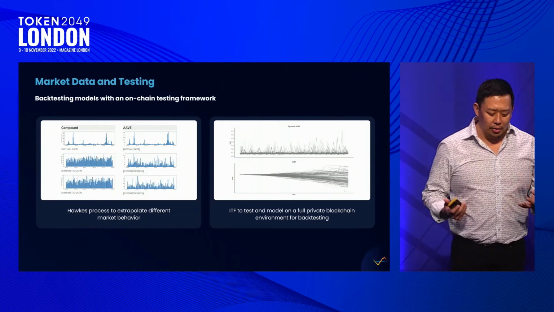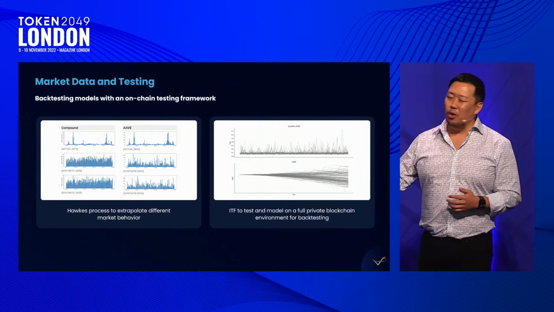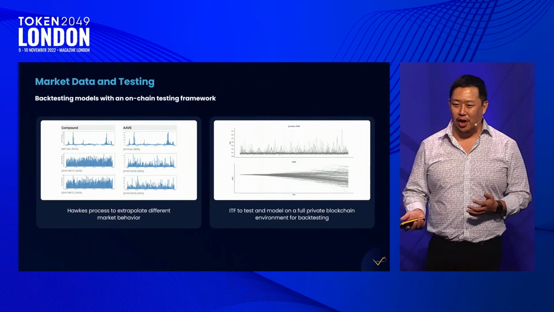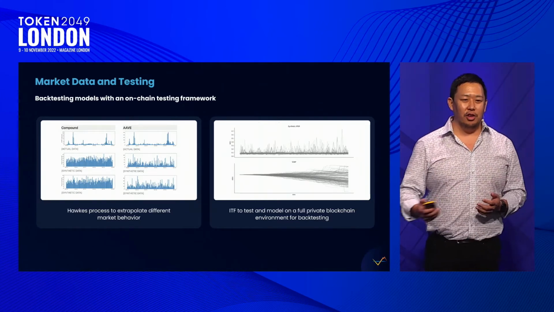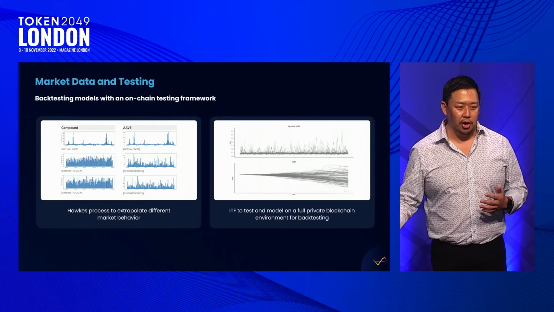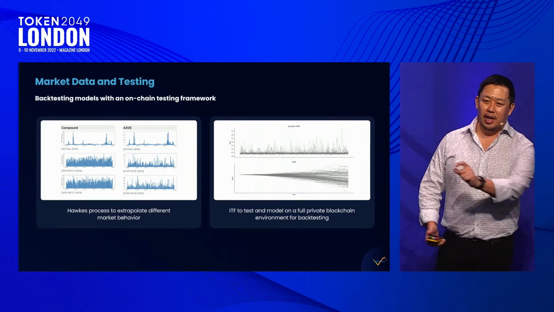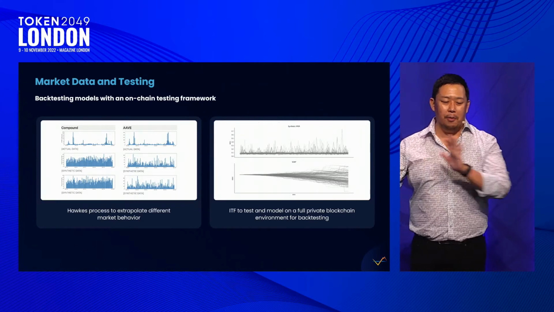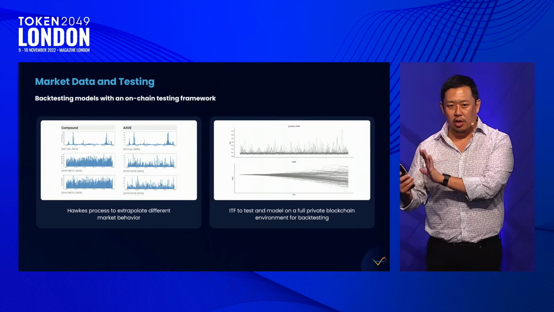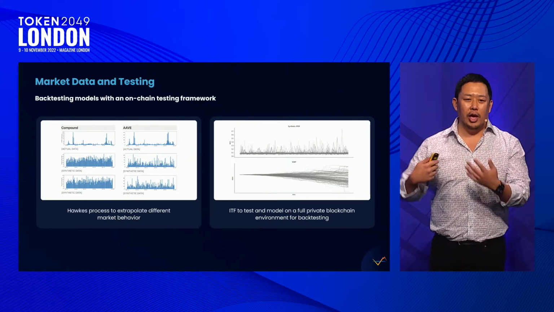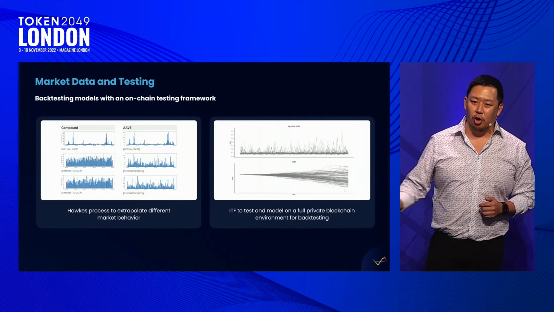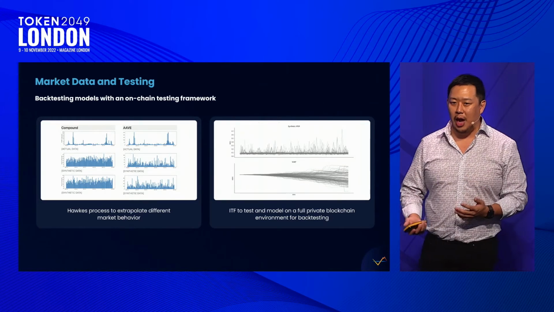Okay, so how do you test these models? Well, we only have about 2.5 years of really rate behavior in decentralized credit markets. So again, we go into the quant toolkit. We use something called the Hawkes process. What the Hawkes process does is snips out a set of data and extrapolates it over a long time period. So we take this limited data set that we have, we recreate it over a number of different situations, and then we run the AMM models over these different sets to understand how it performs.